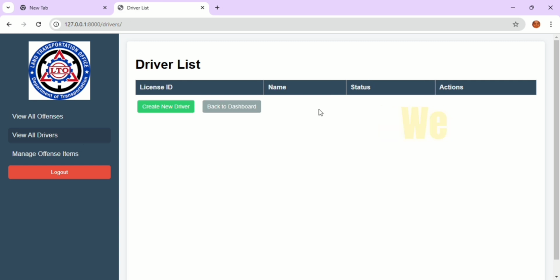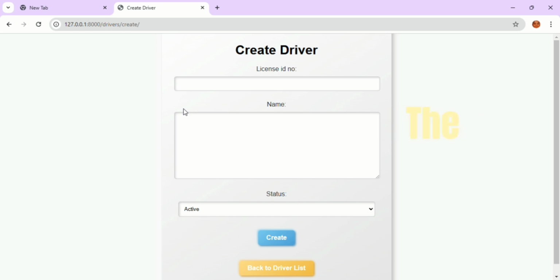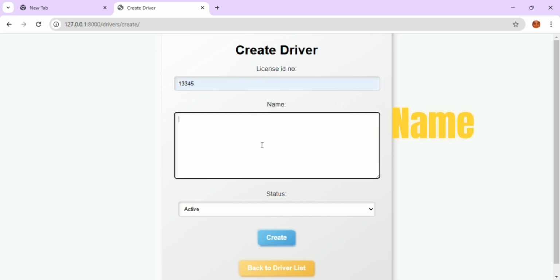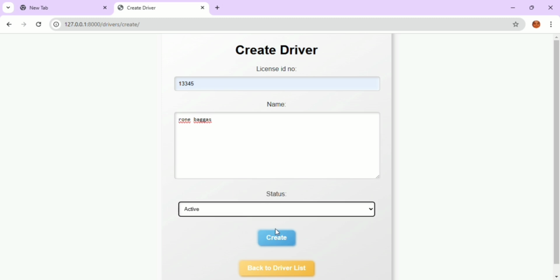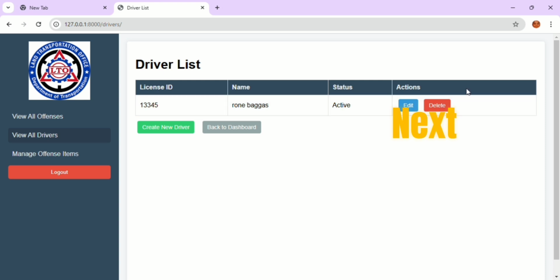We have the create new driver. From the create new driver, we have the license ID number. Let's start with the license ID number 13345. Name: Paggas. Status: active. Create. Next, we have the edit and delete also.